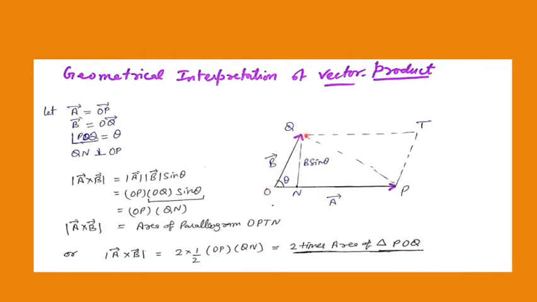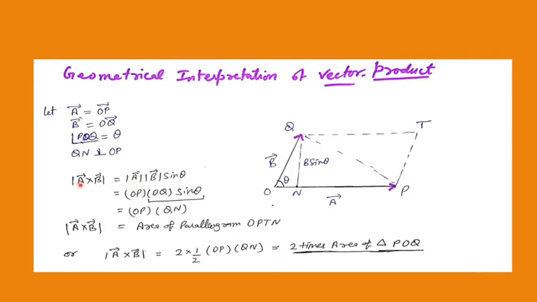So sin theta is QN divided by B. So QN will be equal to B sin theta. So this diagram you can complete. Now if you see the diagram and your knowledge of the definition of the cross product of the vectors, the definition says